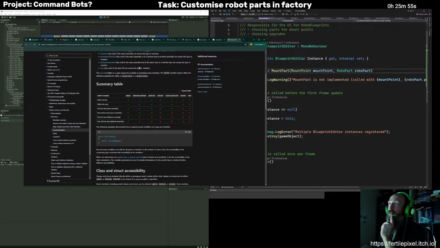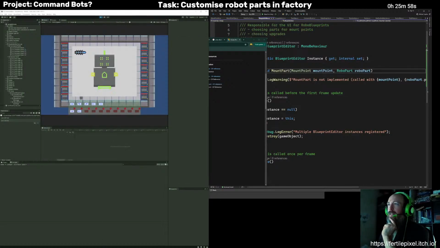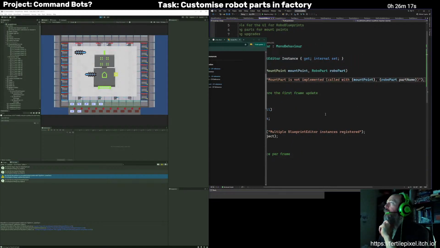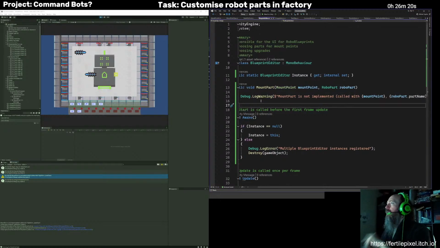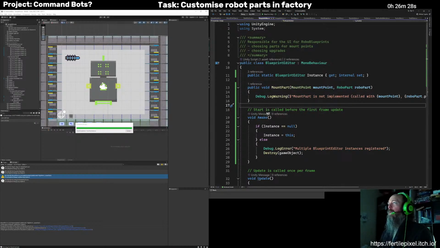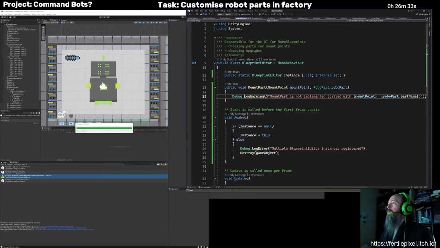So that might actually be useful for preventing needing to recompile things that are not completely aware that they don't rely on public things. Okay, so we've got a begin drag, we drop this in here, and we're getting this mount part is not implemented. So that's the next thing to deal with. Basically implementing that, I believe, because that should give us everything we need to keep the blueprint of the selected thing up to date.